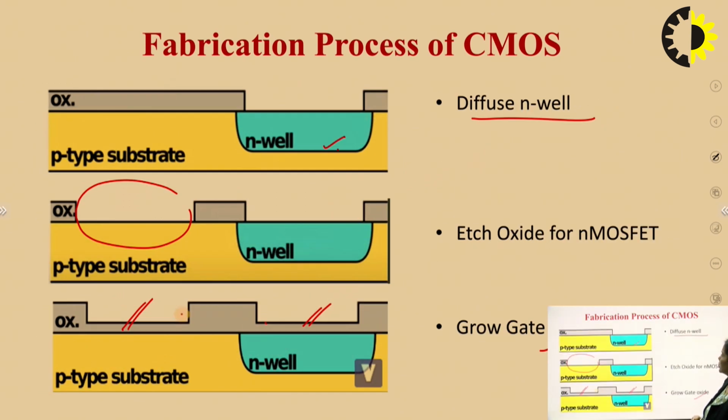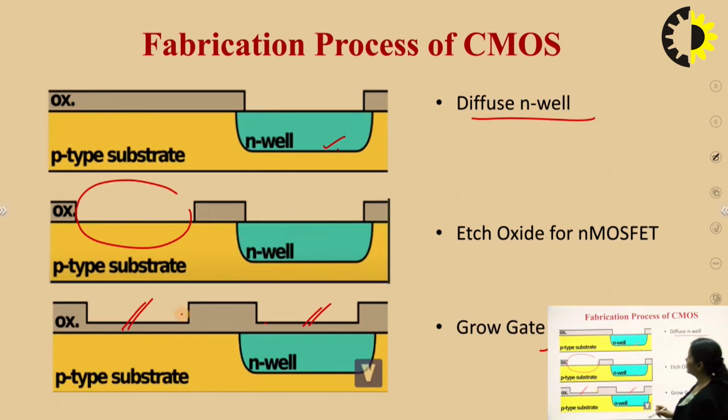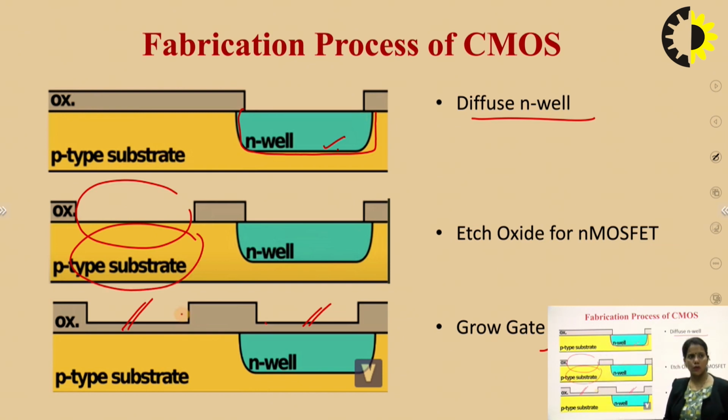So let us have a quick recap of CMOS. Starting with the P-type substrate, we first open a window for the P MOSFET. Then for creating a P MOSFET, we have to deposit this N well. So we are diffusing N-type impurities to create the N well. Now the next step will be the creation of the N MOSFET. For N MOSFET, we already have this P-type substrate, so no need to deposit another well.